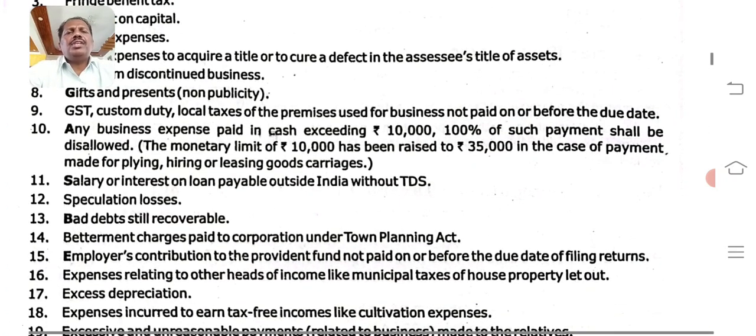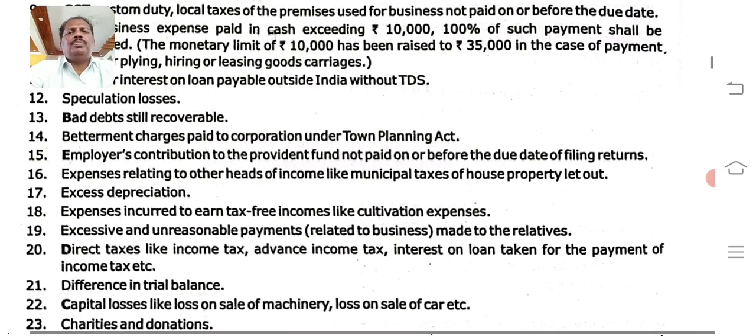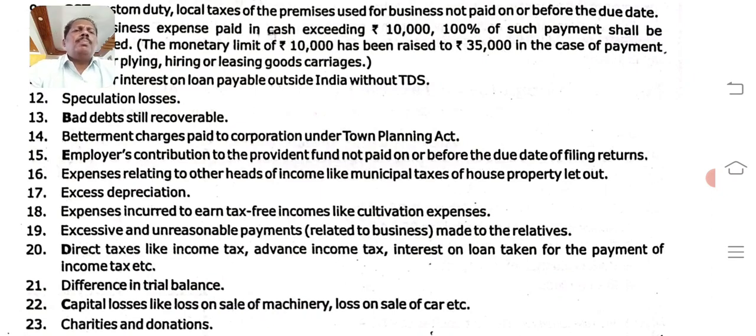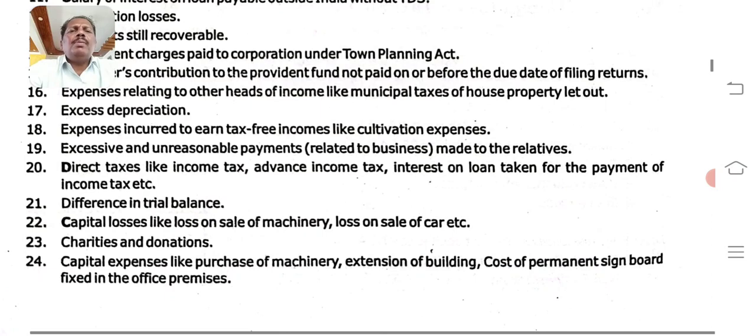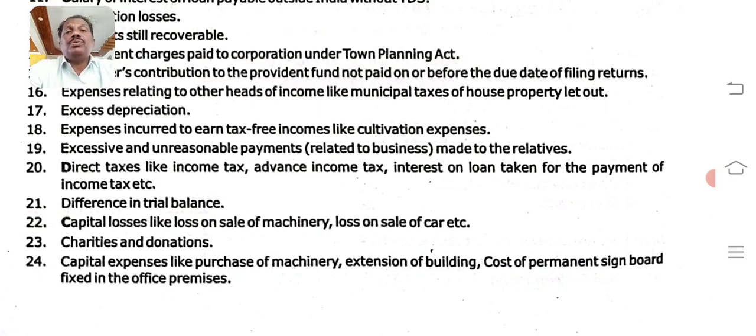Even salary or interest on loan payable outside India without TDS. Even speculation loss, bad debt still recoverable, betterment charges paid to corporation under Town Planning Act, even employer's contribution to Provident Fund not paid on or before the due date of filing returns, expenses relating to other heads of income like municipal tax of HP let out, even excess depreciation also, expenses incurred to earn tax-free incomes like cultivation expenses, excessive and unreasonable payment related to business made to the relatives, even direct tax like income tax, advance tax,